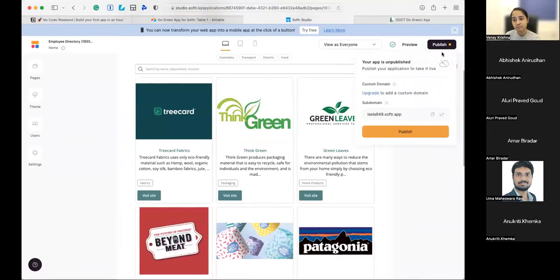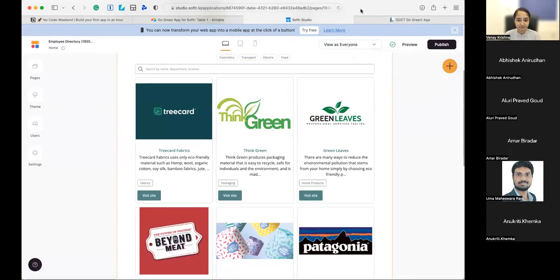So it says, hey, you have unpublished changes. We could change the name subdomain here to saying software something app and just click on publish. Okay, just a good practice, just so that you don't lose any change. Okay, great. Let's go back to